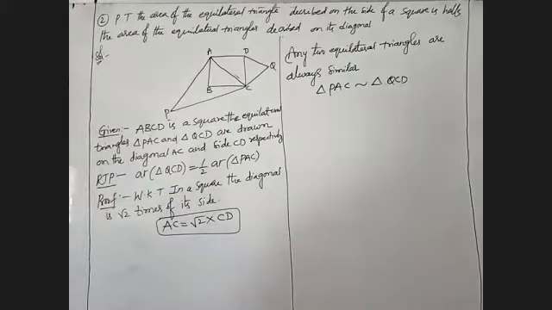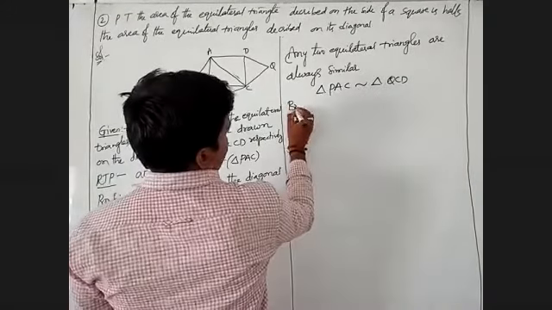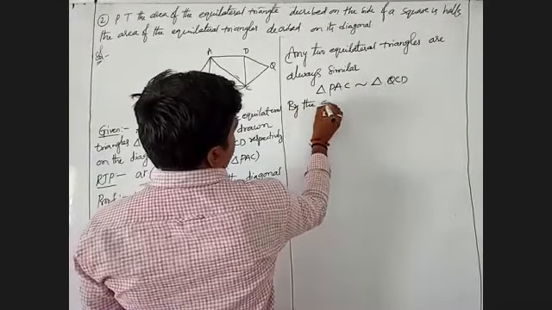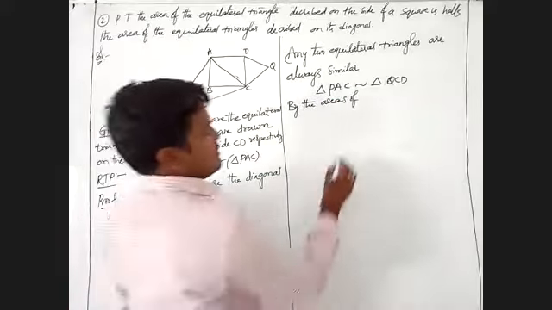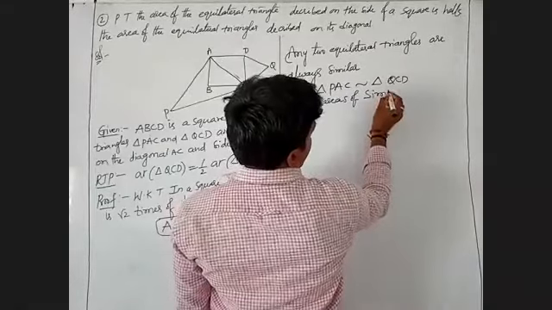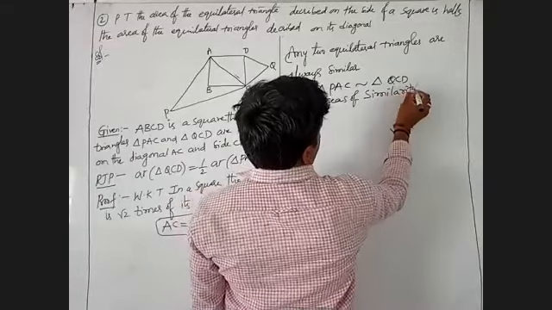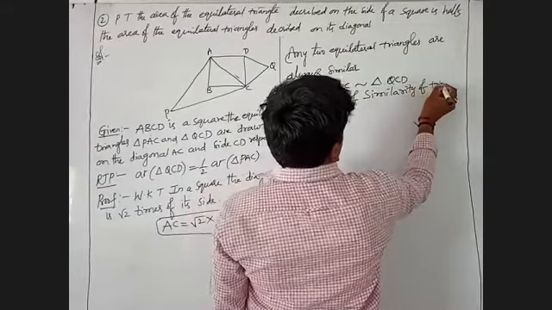What do I have to write in this one? By the theorem on the areas of similar triangles,